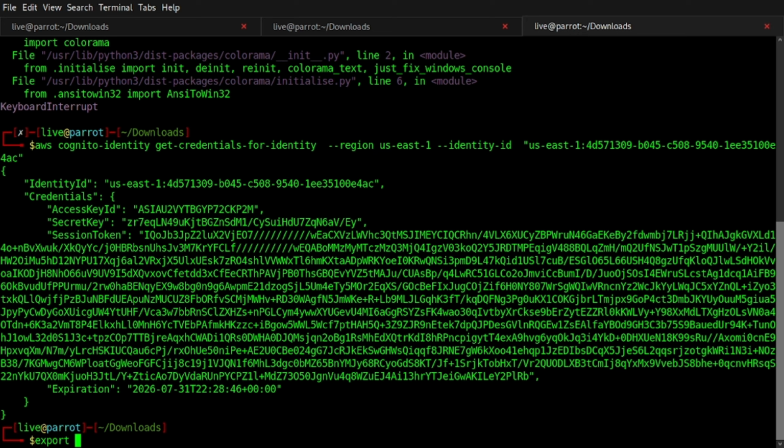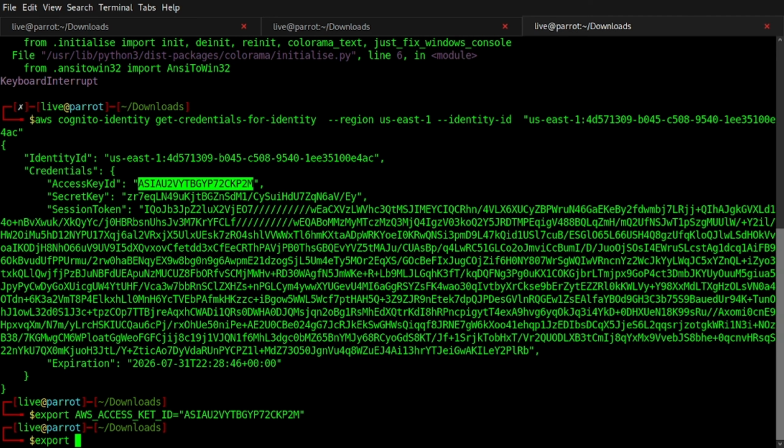So I'm gonna do export AWS access key ID would be pretty much this, and export AWS secret access key would be pretty much this,